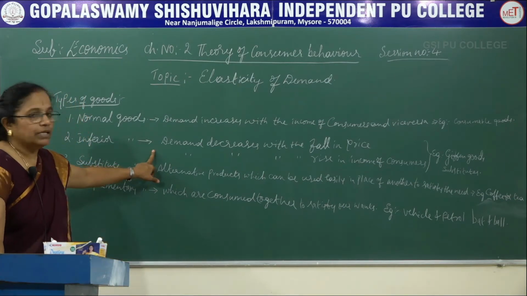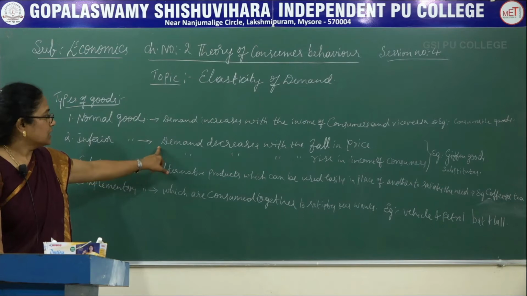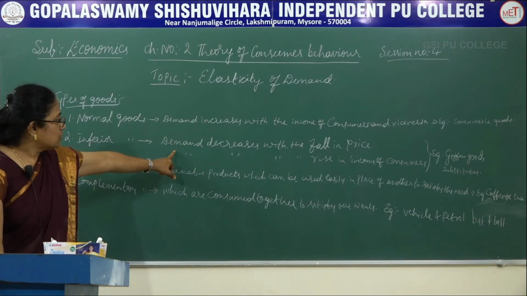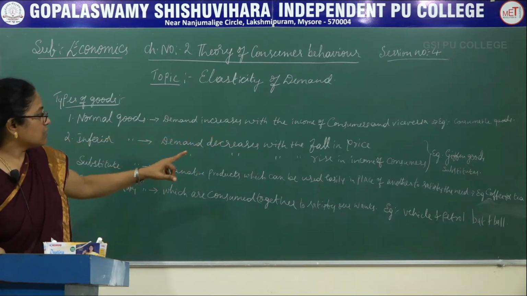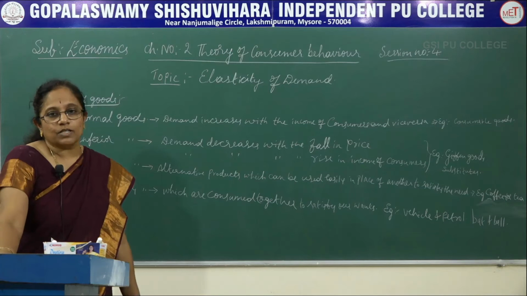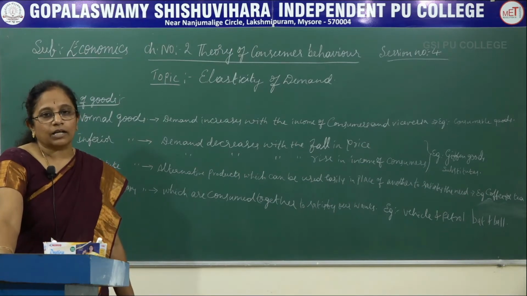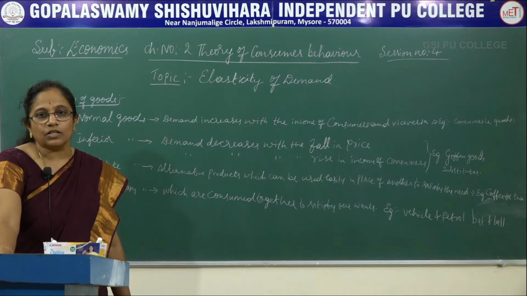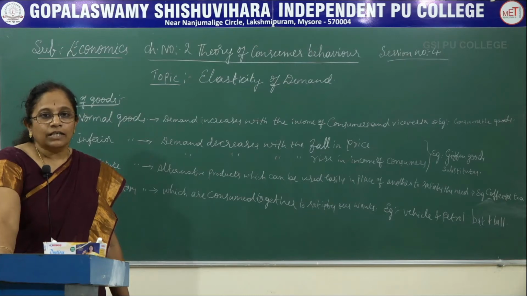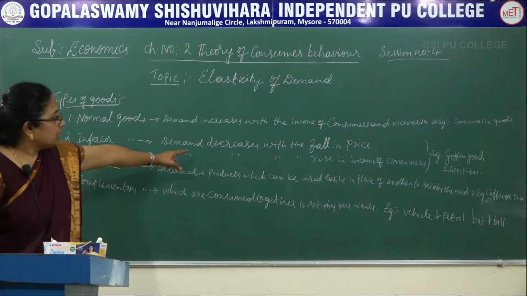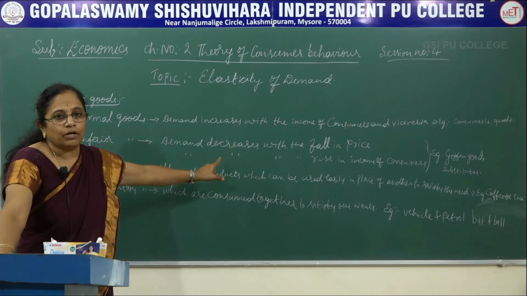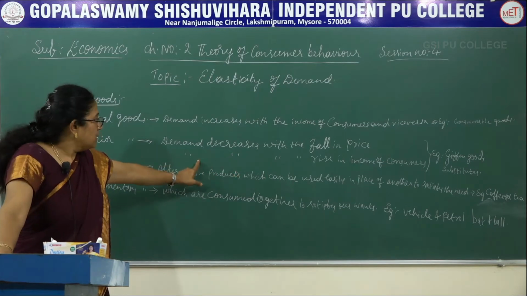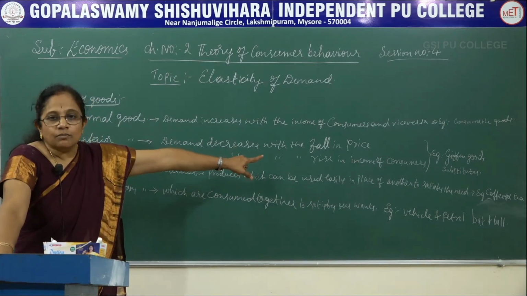The second type is inferior goods. These are the goods of which demand decreases with the fall in price and also with the rise in the income of consumers, because as you all know, in the market there are lots of options to the consumer to select the goods and to satisfy the need. So, the demand decreases with the fall in price. If the price of the goods falls, the demand also decreases,